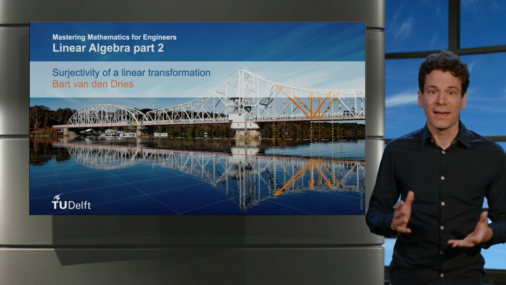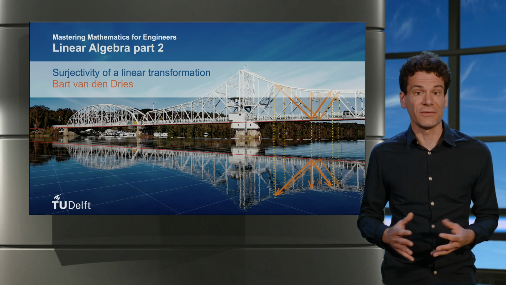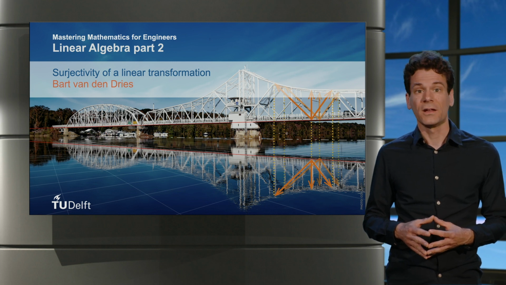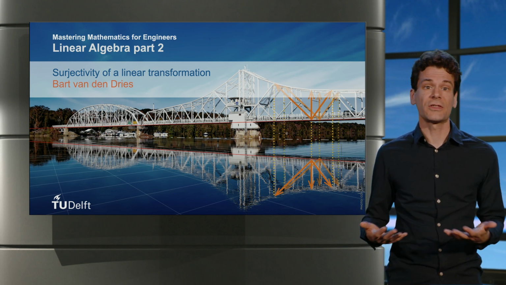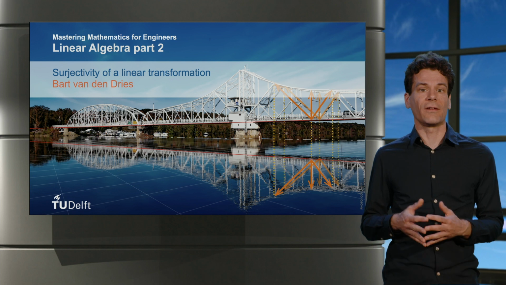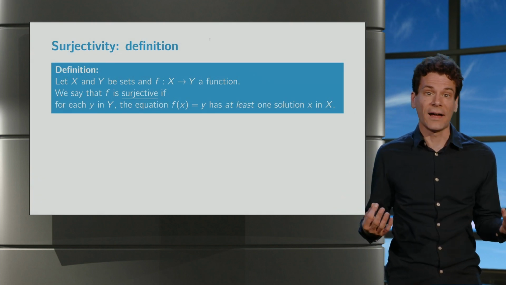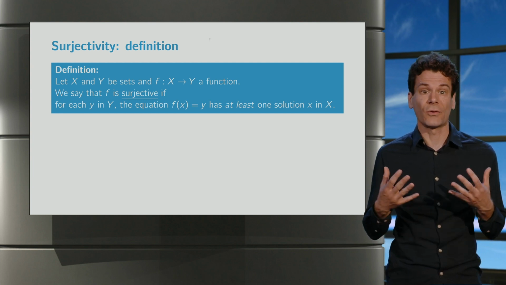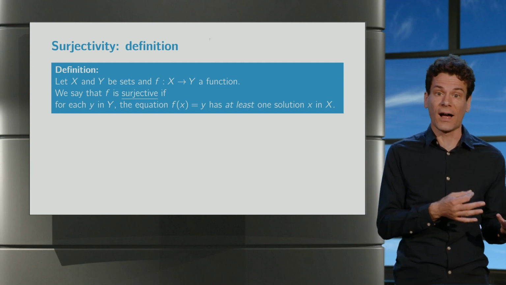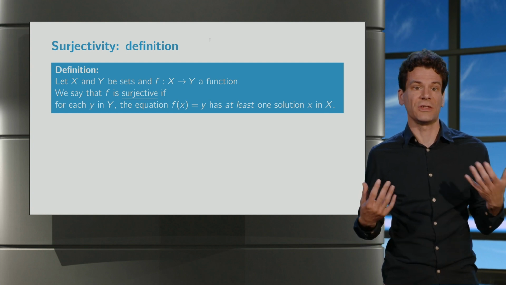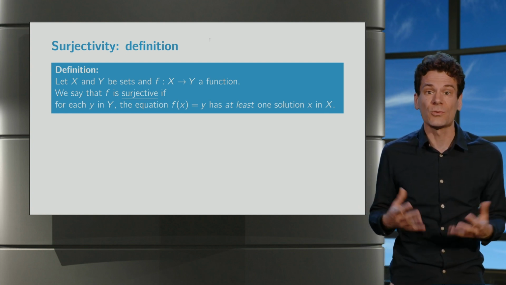Welcome back. In this video we investigate surjectivity of linear transformations. Just as for injectivity, the concept of surjectivity is not limited to linear algebra. Suppose f is a function from a set X to a set Y, then f is called surjective if for each element y of the set Y, the equation f(x) is equal to y has at least one solution x